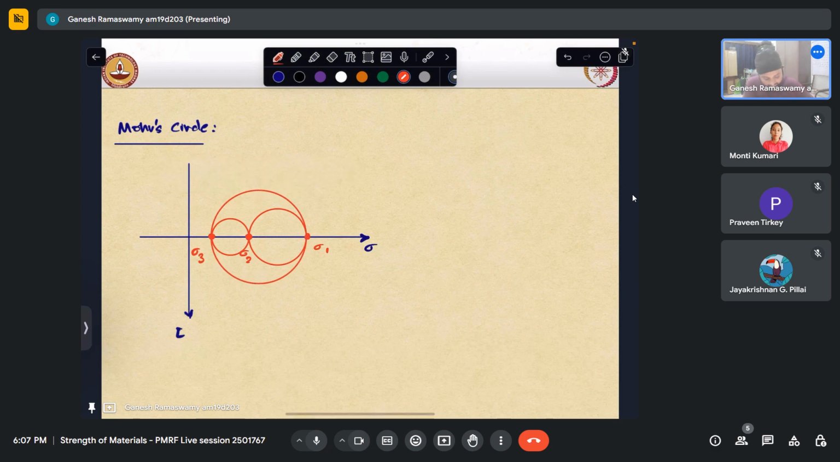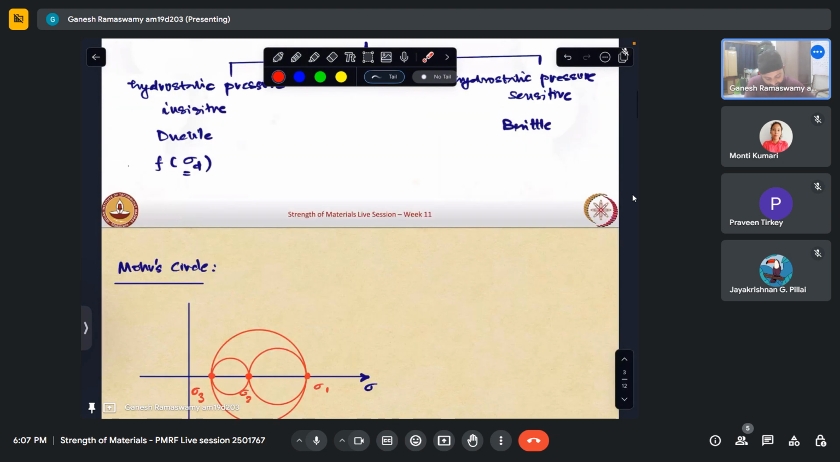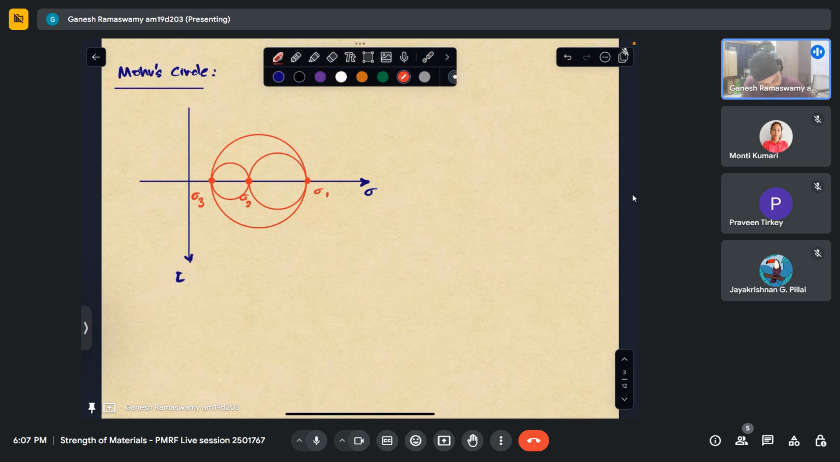So this is the three-dimensional representation of the actual stress state that has been defined in the question, where the principal stresses are sigma 1, sigma 2, sigma 3, with all the principal stresses being positive. Now, the maximum shear stress theory